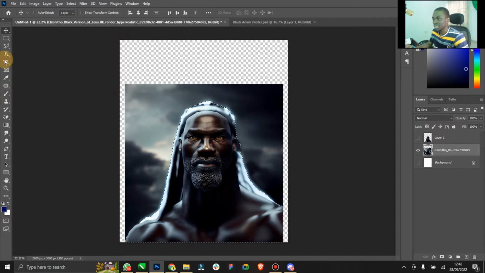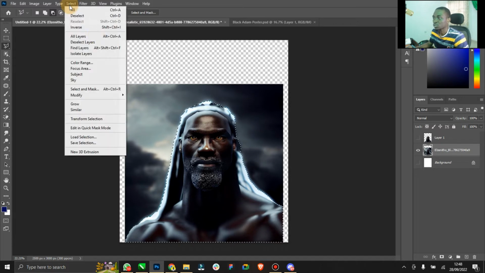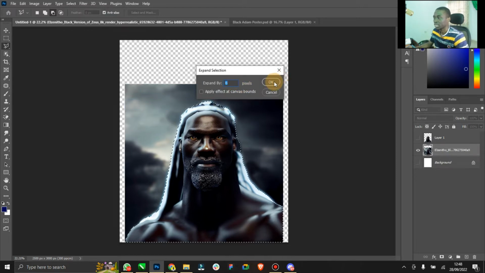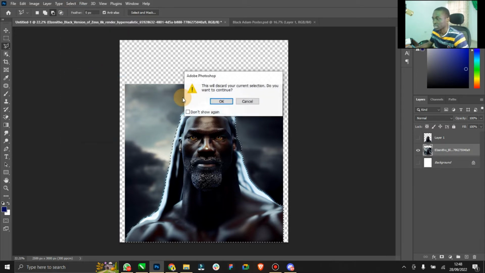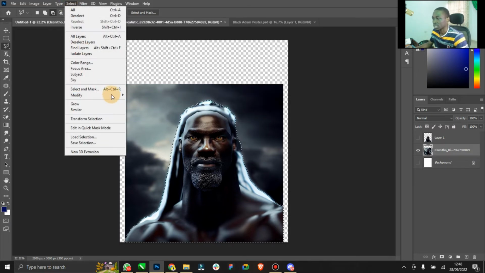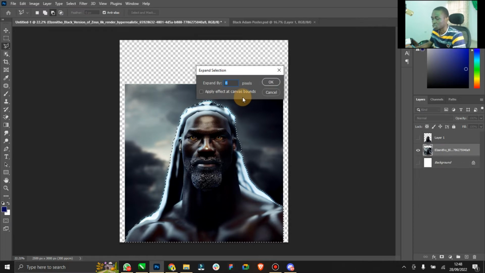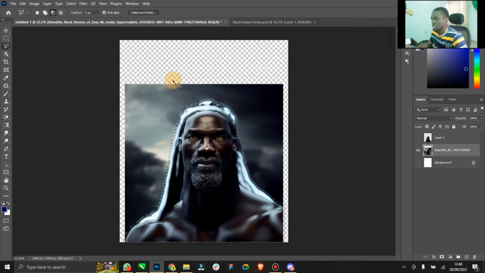So after making the selection, go to your, where is this tool? Yeah, your polygonal lasso tool or any. Right click on it. Excuse me, no, come to select, go to modify. You want to modify the selection, so we want to expand it. So click on expand, and you can expand by 8 pixels, right? It's going to expand. You can even expand more, because I think I need to expand more. Select, modify, expand. Let's choose 20 pixels. Exactly. Now you can see that,